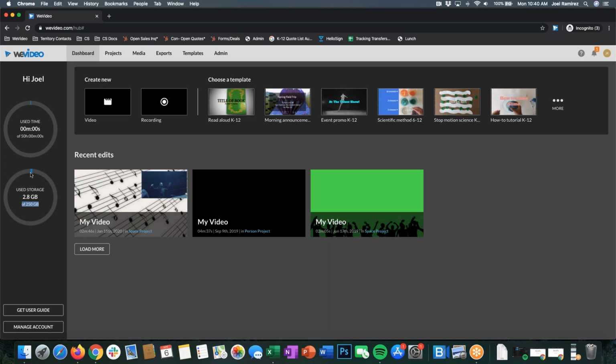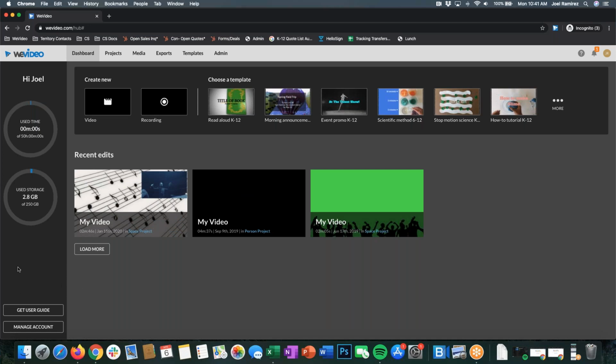And one thing to note here, this does not reset like your publishing time. So whatever number you have here, that's the amount of storage you will have during the duration of your subscription. That being said, you can always delete things, media you no longer need, videos you don't need, and anything you delete gives you back that storage. So you can always get it back by removing content you no longer need in your